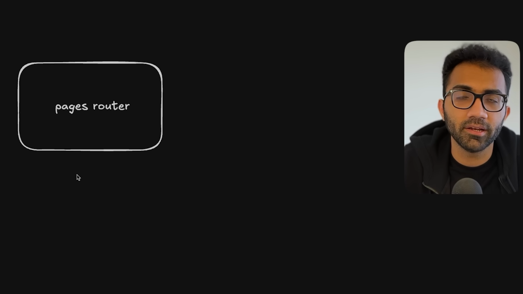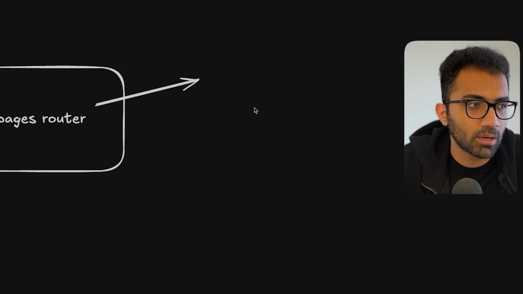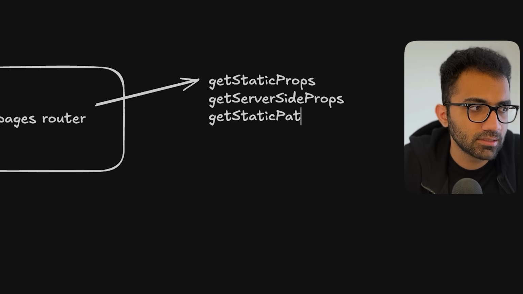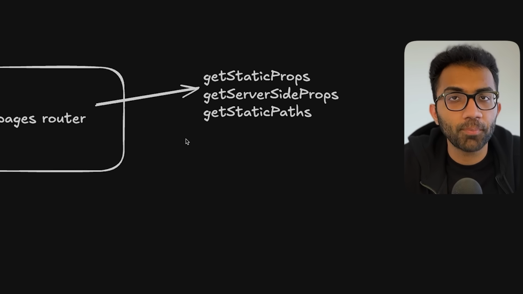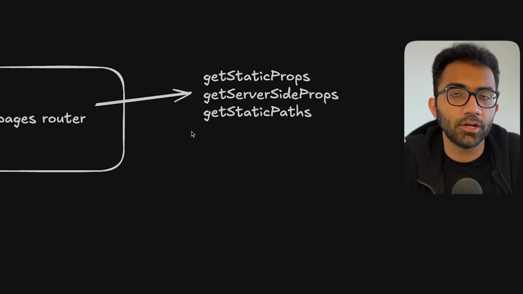So if you don't know, Pages Router is something that I personally really like, even till now. And it's a very simple way of working with React, which comes with things like getStaticProps, getServerSideProps, getStaticPaths. It makes it easy for you to just configure which route or which page is fully dynamic, fully static, and that's it. There are no more states that you have to worry about.